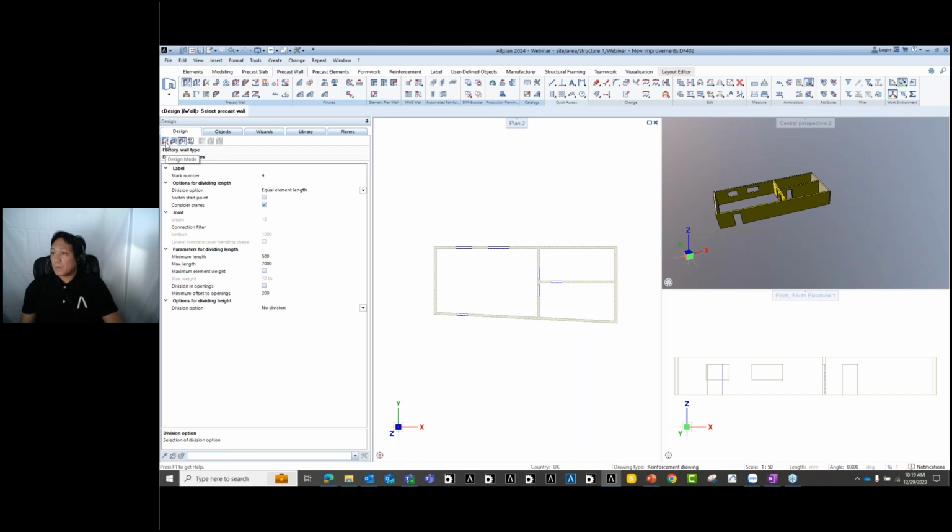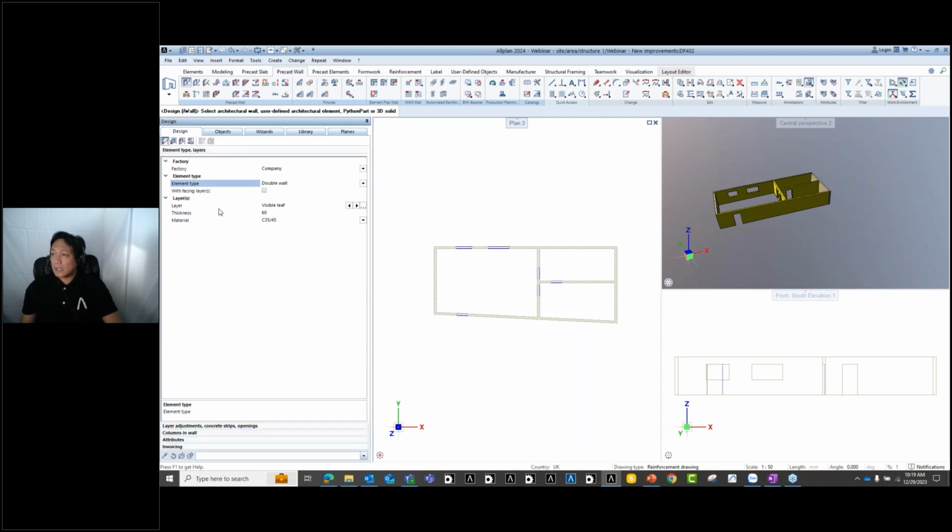So from this part, we will just need to first use the design mode. So we use the design mode, and here you will have these properties wherein you need to set depending on your requirement. So for this case, we have different types of wall. So we have the concrete wall, which is the solid wall. We have the brick wall. We have the double wall, sandwich, thermal, and composite sheeting. So what we're going to do now, let's say for the double wall,